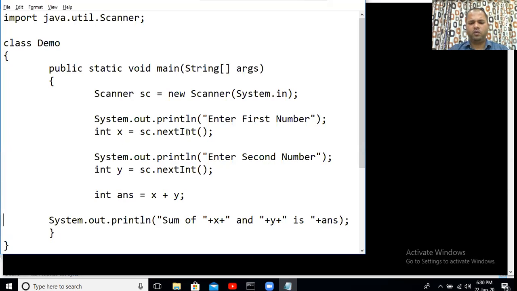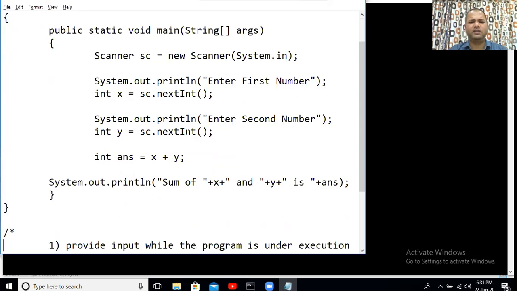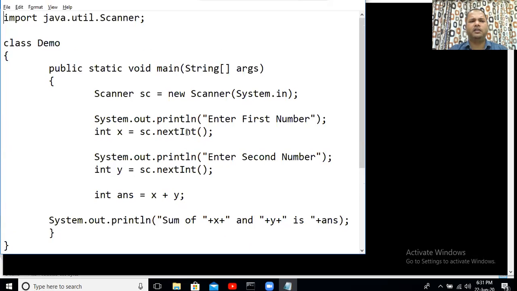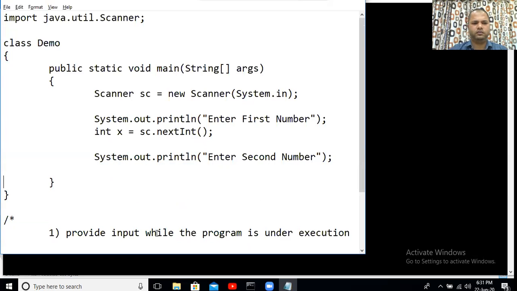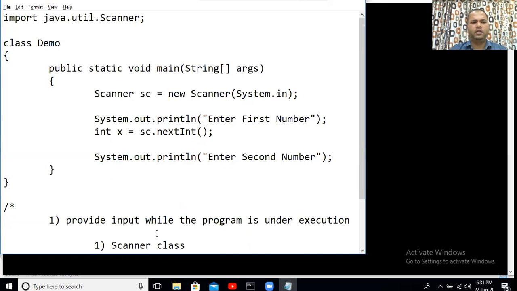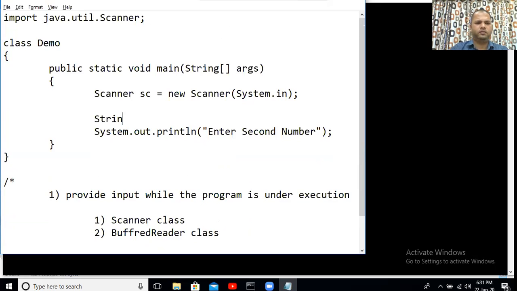So I just hope that you people have noted down this program. Yes, you can always take the screenshot also, and later on you can write and run this program on your computer. So I'm going to make some changes here. Let's see use of next method in our code.